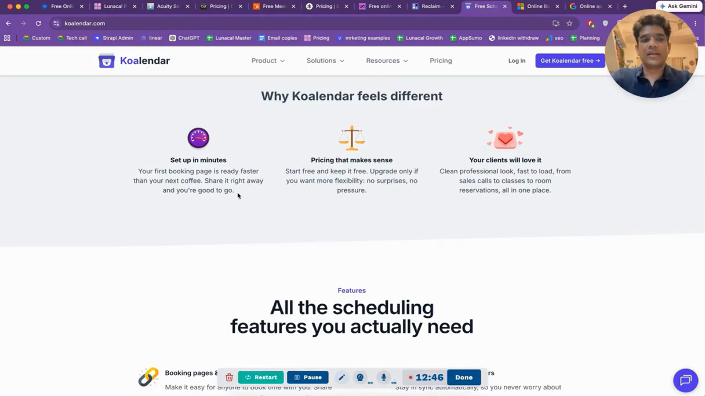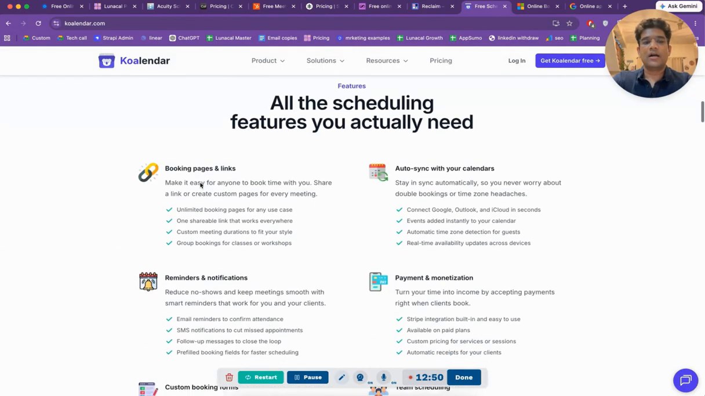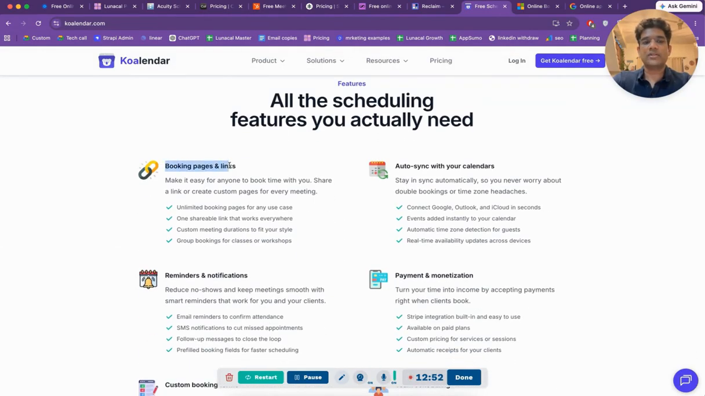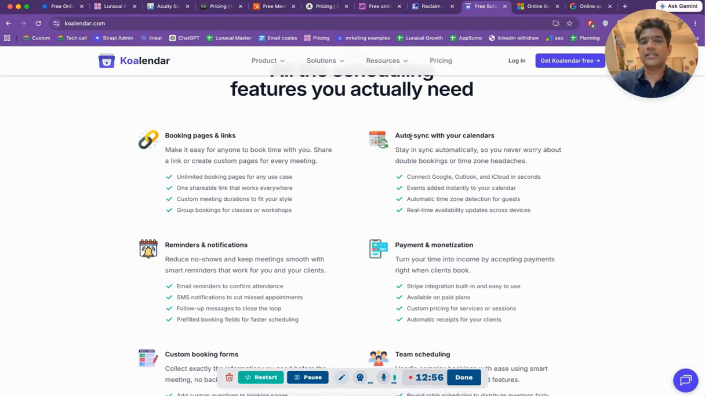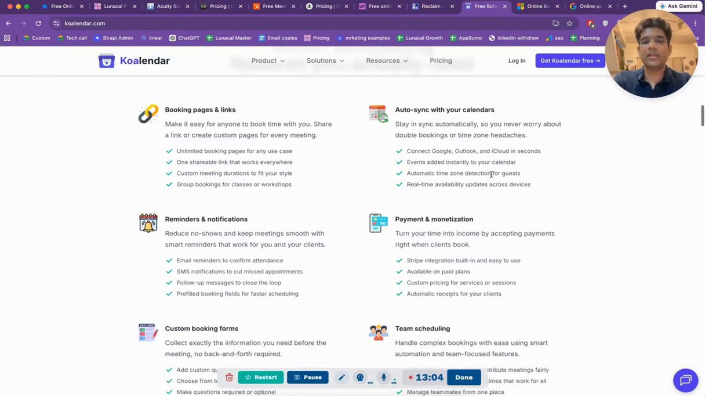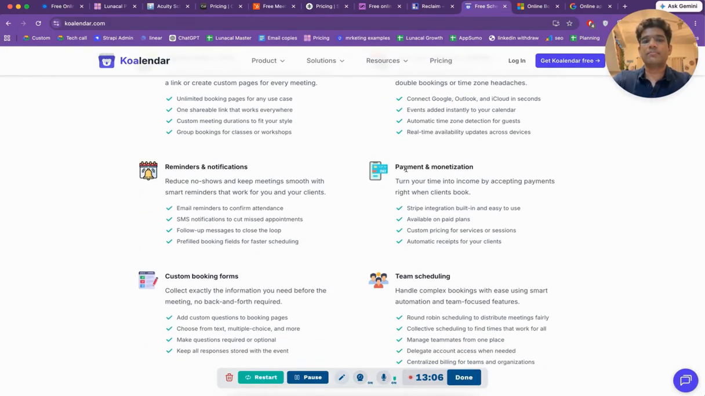Then it's pretty easy to set up and a low cost solution. You can have booking pages and links that people can come, they can book time with you. It syncs with your calendar, similar to how other products do. You can connect your Google Calendar, Outlook Calendar, and iCloud as well, right? It also enables payments, which means people can pay for the appointment, and it has reminders and notifications as well,